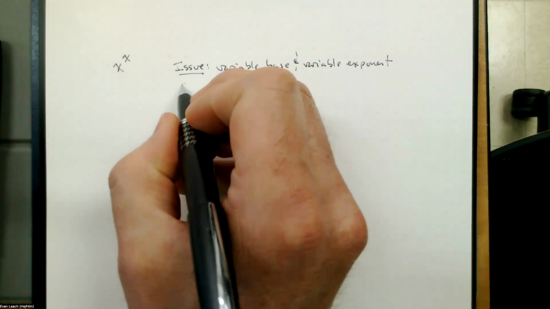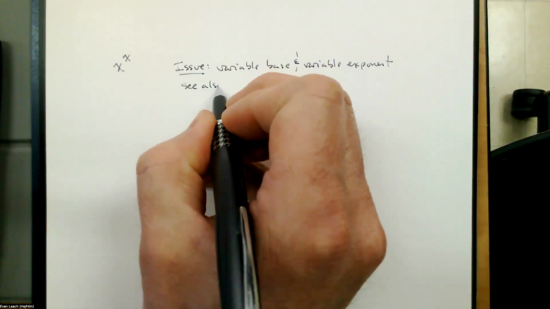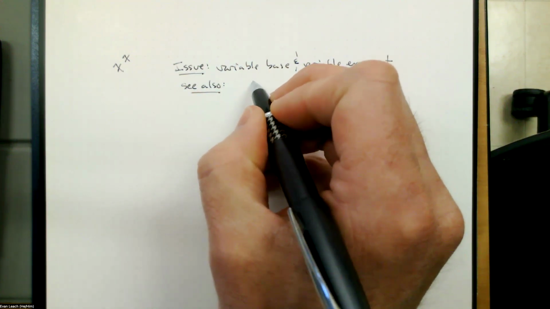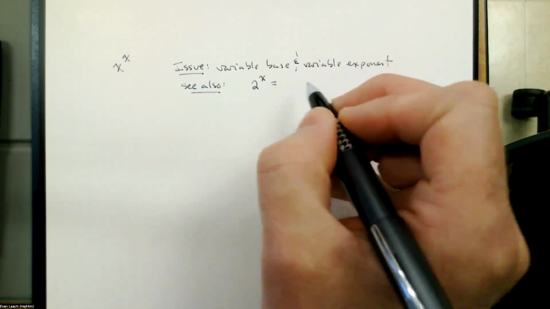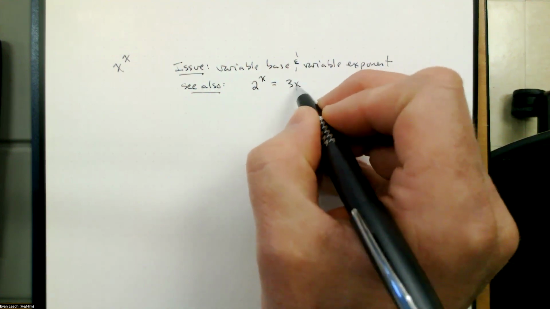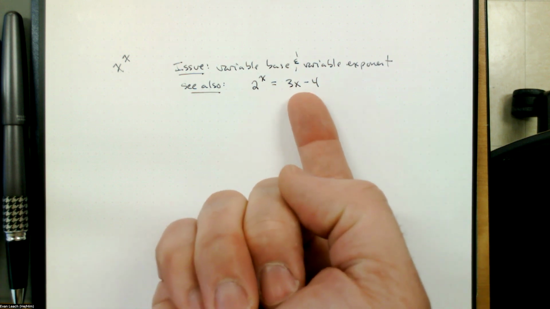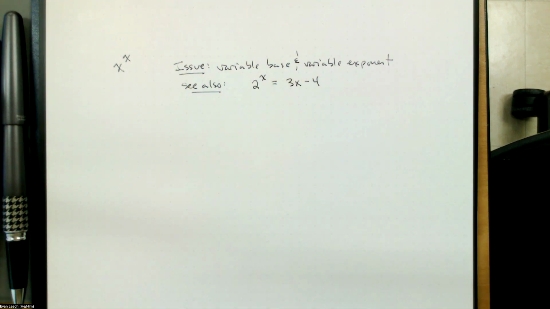Let's suppose we wanted to solve an equation like 2 to the x equals 3x minus 4. I don't even know if these intersect. The problem in this equation has the same issue. We don't have a technique for this equation because there's a variable in a base and a variable in an exponent. So this is the kind of equation that we would ask you to solve